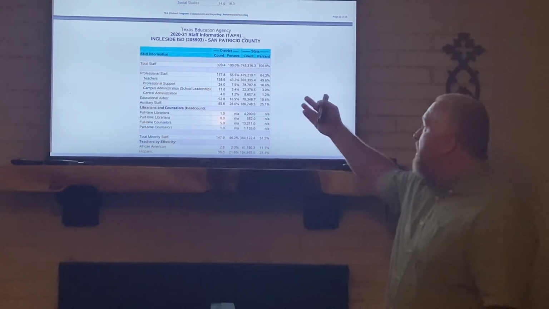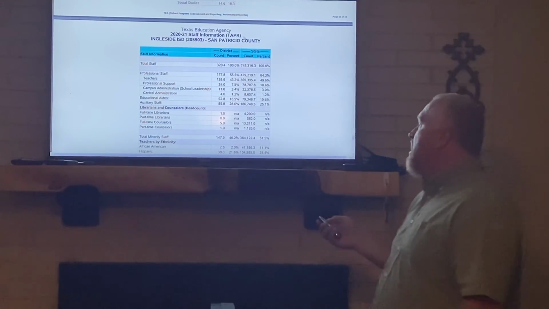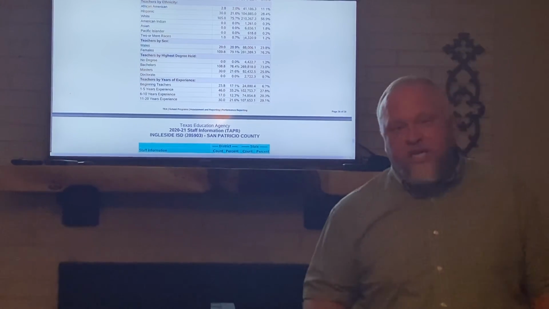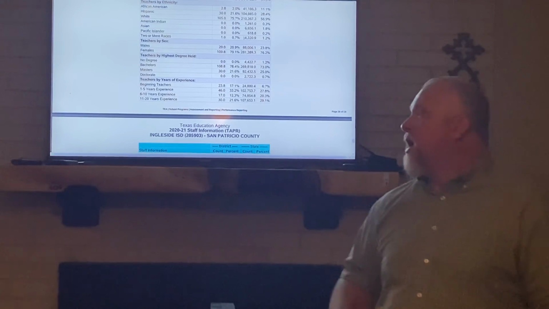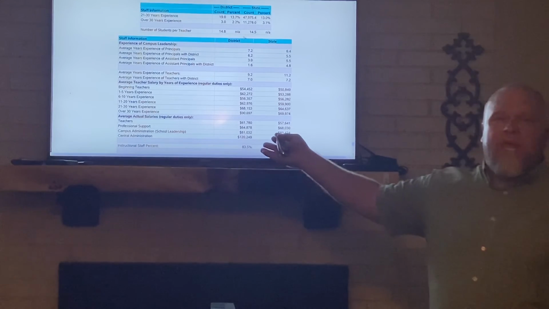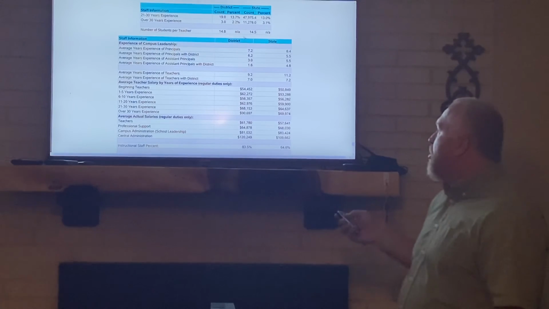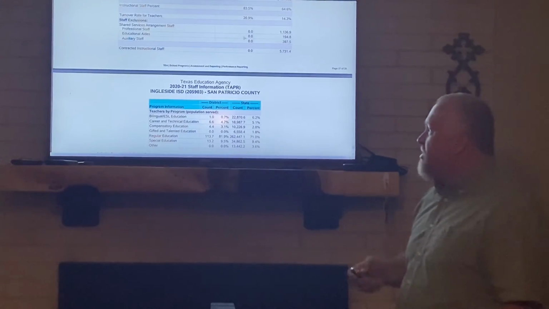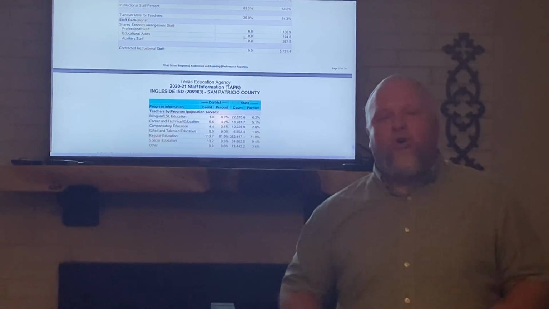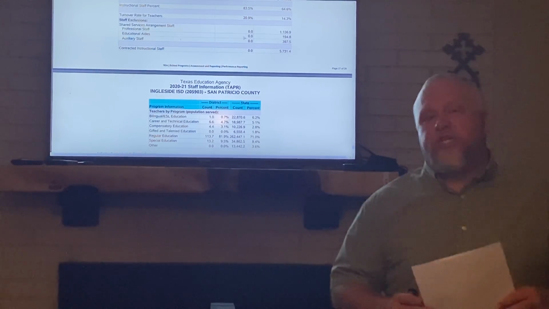For example, it talks about the number of teachers you have, your campus administration, and central administration. It talks about the ethnic groups of your teachers, their experience, and their education, whether they have a master's, a doctorate, or just a bachelor's. It breaks it down into male and female, and it even breaks down the pay scale and what your average teachers earn compared to other districts. So the TAPR report gives a lot of information, and it really is a good indicator of where your district is academically compared to other districts in your region and in your state.